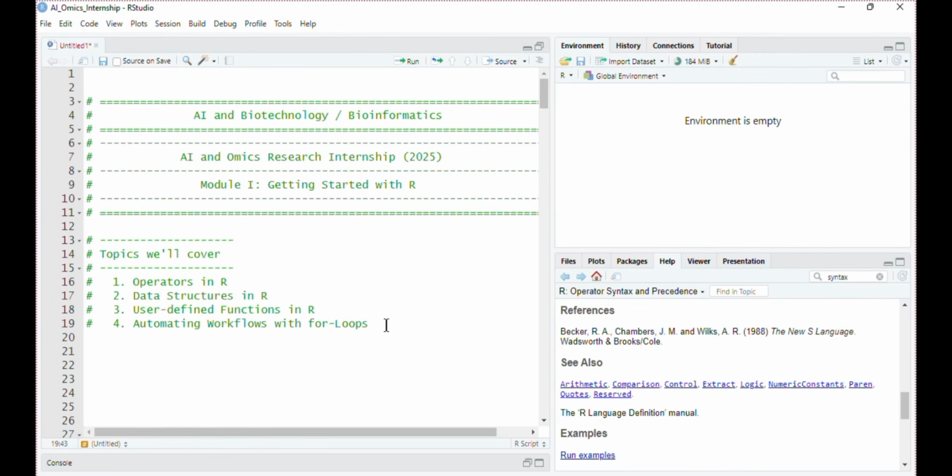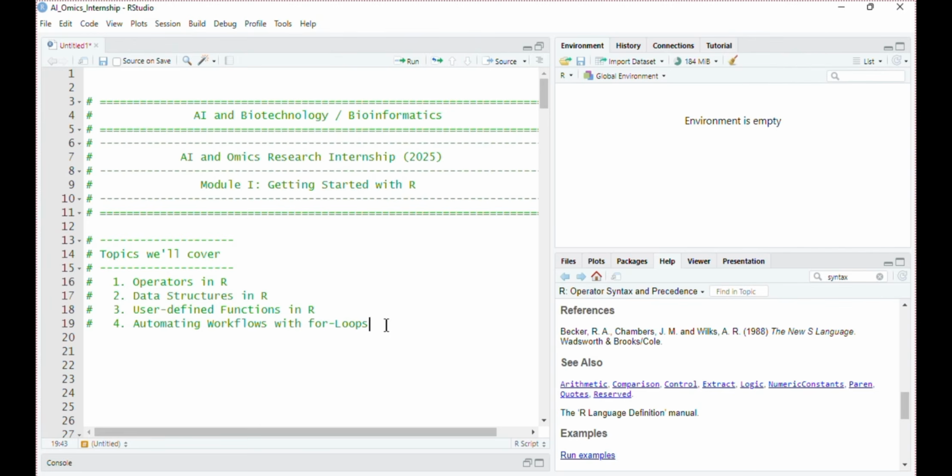Till now, we have been working with the built-in functions in R, but in today's lesson, I will teach you how you can customize your own R function, so that will help you avoid repetition of your data analysis pipelines when you have to repeat different tasks again and again.